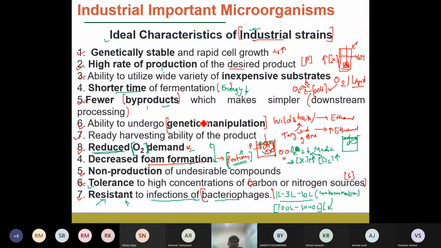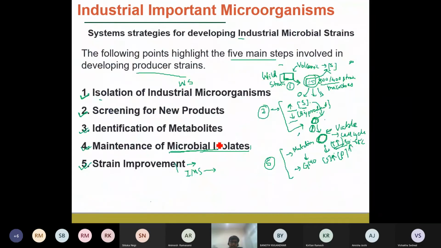So these are some of the ideal characteristics of the industrial strain. And we looked into also what the strategies of developing the industrial strain are. Like you have to isolate, you have to screen, you have to identify the metabolites, be it the secondary or the primary metabolites. You have to maintain the microbial metabolites. So once you have identified